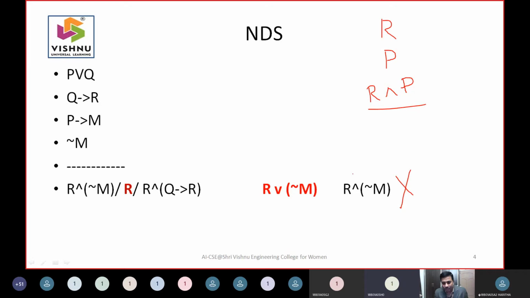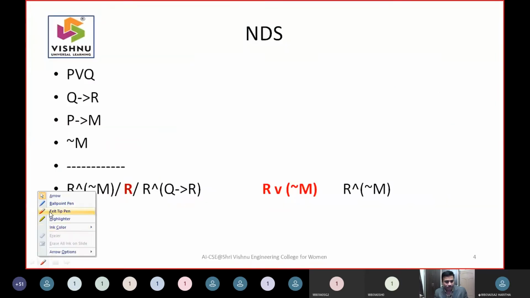See, this is valid. The reason is, if you remember the rules, I will show the rules if you wish to have. I will just try to clarify this. I'm just intentionally trying to get something from you.